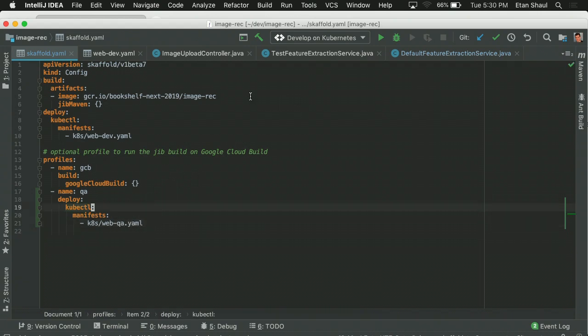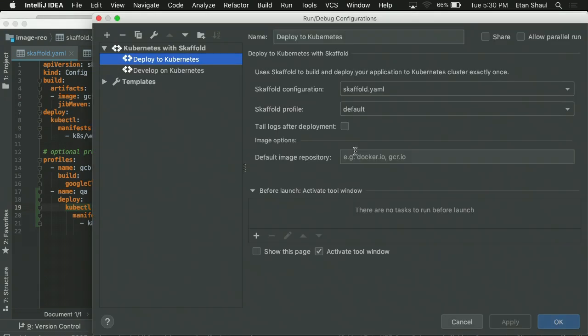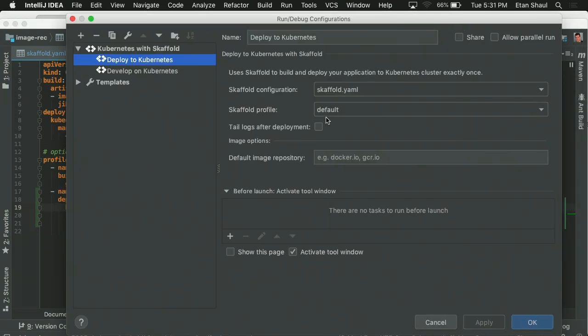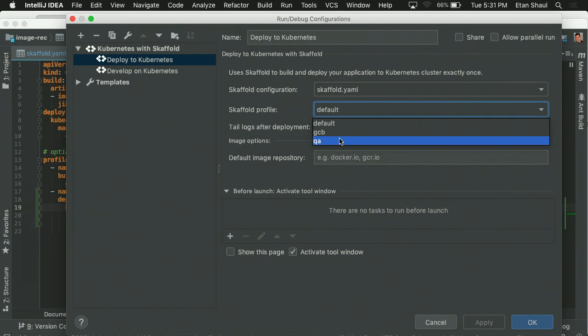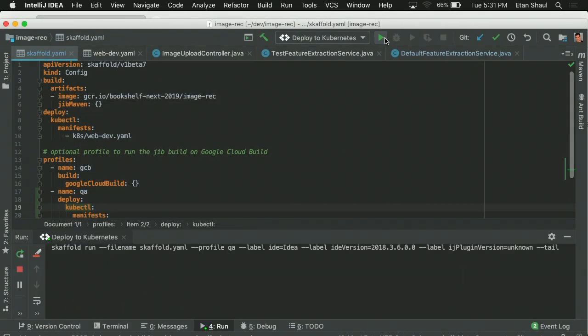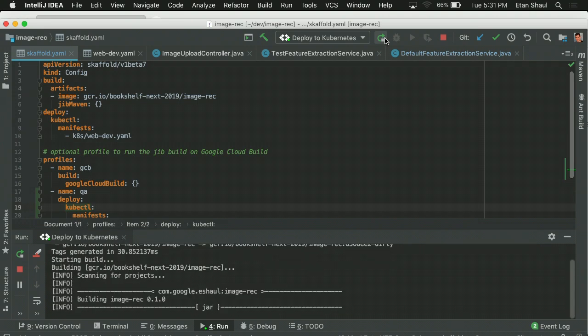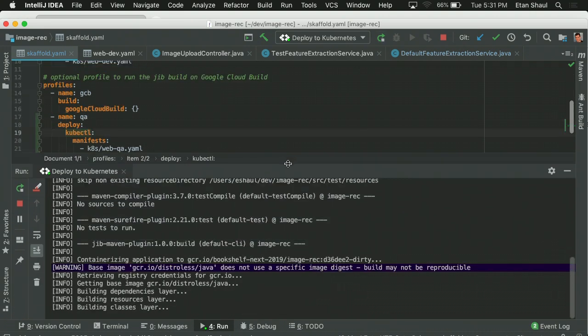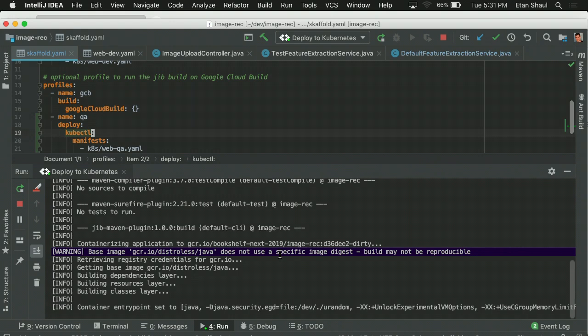That looks good. And now I'm going to switch over to the deploy to Kubernetes run configuration. Let's edit it. It's still pointing to the default profile, but it automatically detected that I created a new profile, so I'm going to select it. And let's choose to tail the logs after deployment in case something goes wrong. I'm going to apply that, and I'm just going to run the single deployment. It's kicking off the pipeline right now, building everything, pushing it out to a container registry, and deploying my